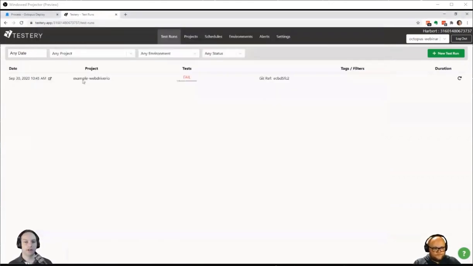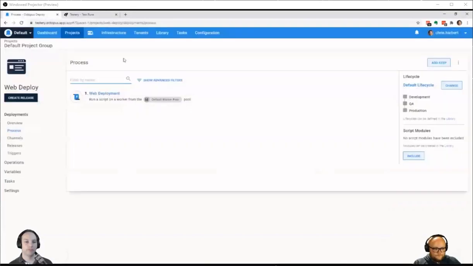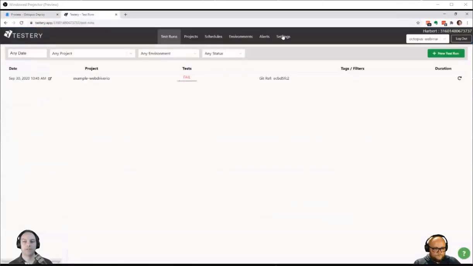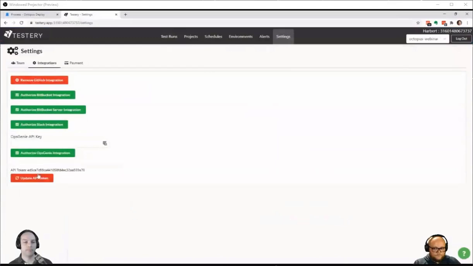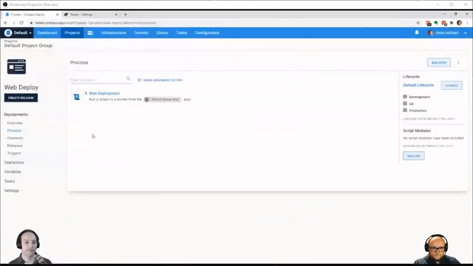And so we're going to wire up this project to run anytime we promote a release in Octopus Deploy to one of the environments. So in order to do that, first we need to go to the integrations tab and grab our API token. And this is just a test account, so you won't be able to do too much damage with that. And so we're going to go ahead and add the step